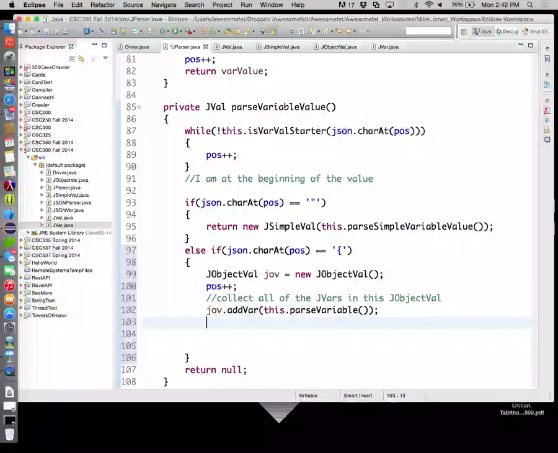Now we need to walk looking for the next stuff. We know that adding a var, calling parse variable, will leave us at the spot immediately following that value. Whether it's white space, whether it's a comma, it'll be past the closing double quote or the closing curly brace. Okay, so we don't need to worry about accidentally looking at that closing character of a value. So now I need to walk until I hit something good, hit something that's meaningful. So if I'm looking at white space, I'm skipping it, right? So right off the bat,